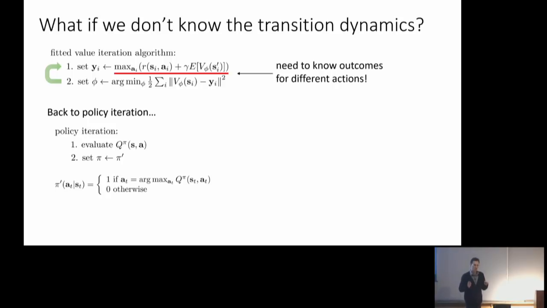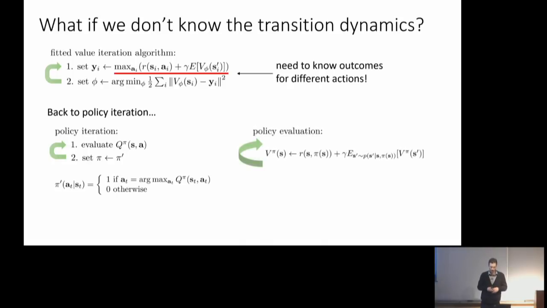Before, we were representing the value function with our function approximator. And we were evaluating q by doing policy evaluation and then just using this part to give us the q function. We were doing policy evaluation by repeatedly applying this operator on the value function. So what if instead of trying to fit the value function in this way, we instead learn the q function?